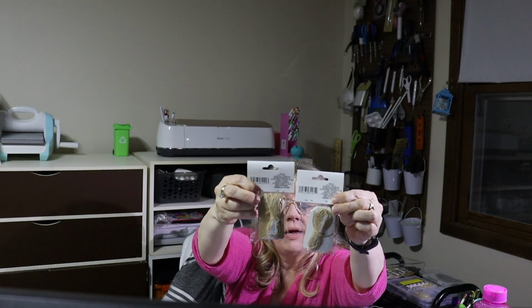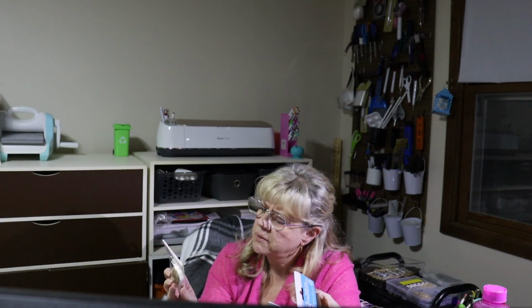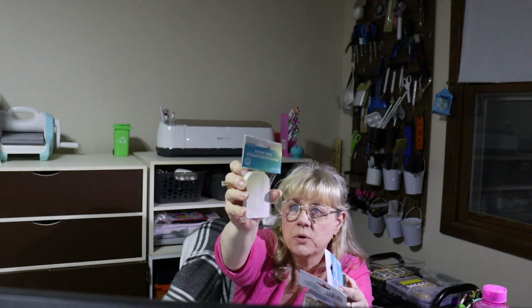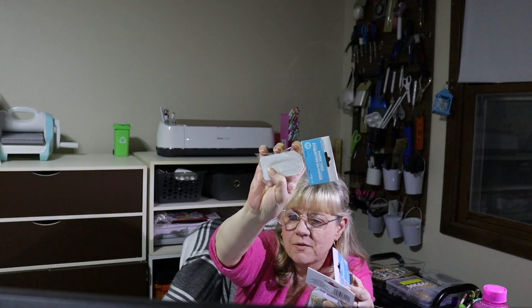But I also found these big ones, and you get 20. How many do you get in these? You get 20 of those also, the smaller ones. There's string on the back, which is nice, and it looks like, now not on these, they look like they just have regular hole punches. Well, now that's interesting, you can't see the holes. I can see the little perforation. So apparently you have to take out the little spot where the hole is. I can see, oh, you might be able to see where I just kind of popped that off of that one. But these bigger ones, they have a reinforced hole, and